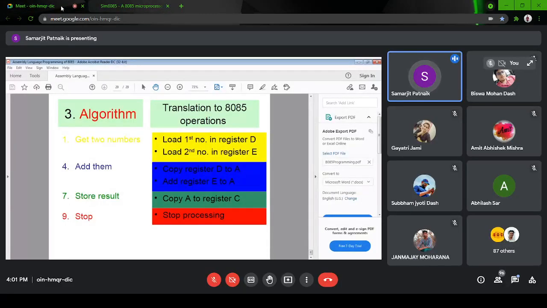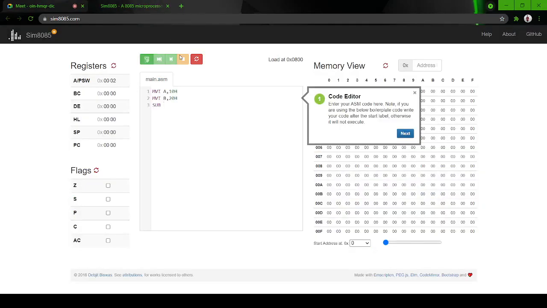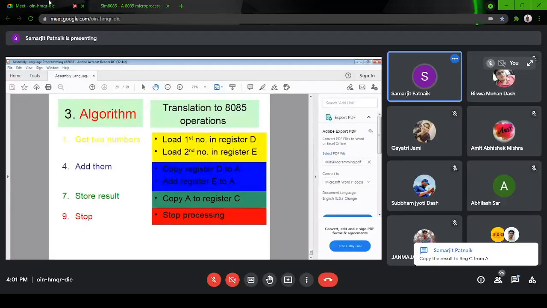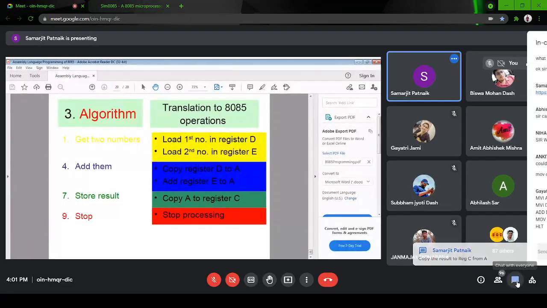This is the command for subtraction, SUB. Then finally copy the result to register C from A. This is the small program you have to write.